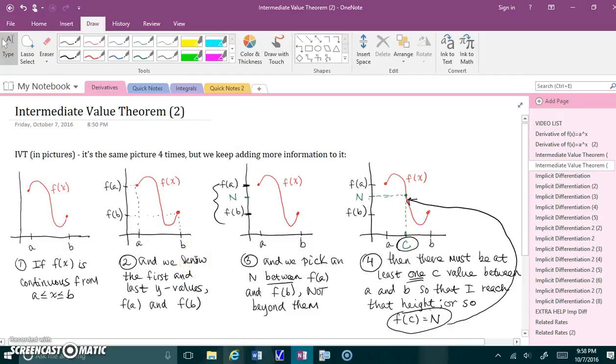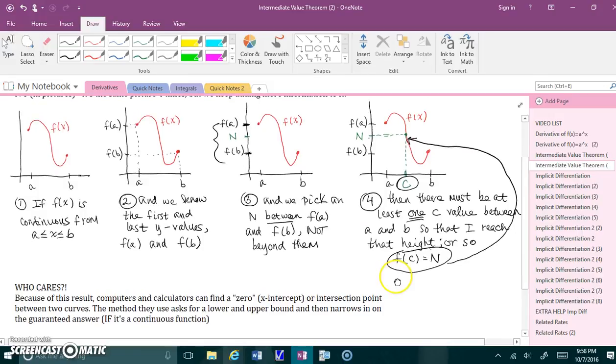Now you might be wondering, okay, that's really, really obvious. Like the intermediate value theorem is one of the easiest, most obvious theorems. It's basically saying that if you draw a continuous function, every y value is reached. It almost seems too obvious, and it is very obvious. We're going to have other theorems later that are much more complicated to understand. So you might be wondering, like, who cares? Why do we even have a theorem for something so obvious?